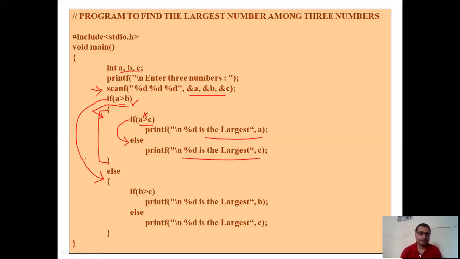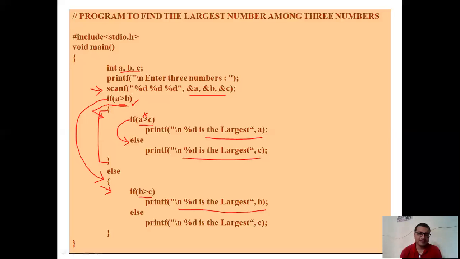Let us come to the other possibility. Okay. Suppose A is not greater than B. Now, as the values are distinct, that obviously means B is greater than A, right? So now I need to compare B with C. So here, what I have done is compared B with C, right? As earlier B is greater than A, and here B is greater than C, that obviously means B is greatest, right?